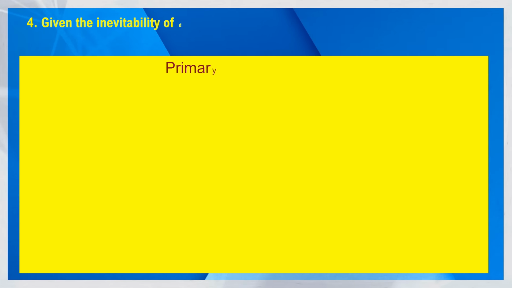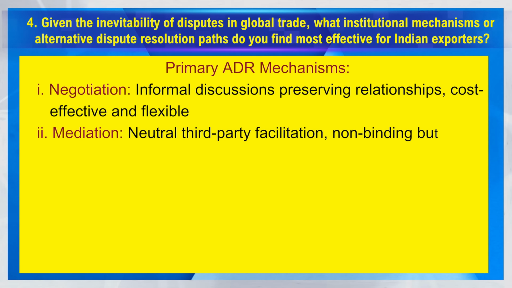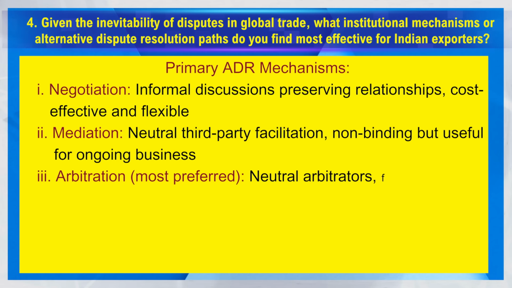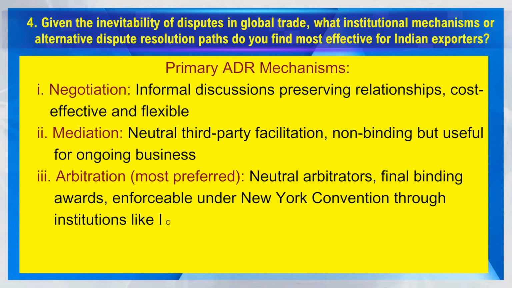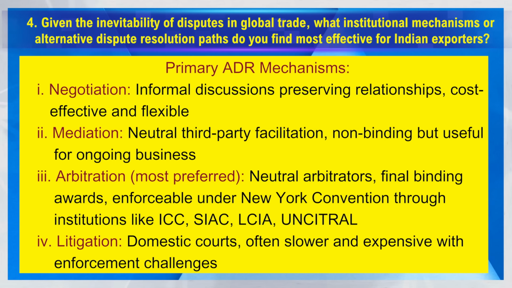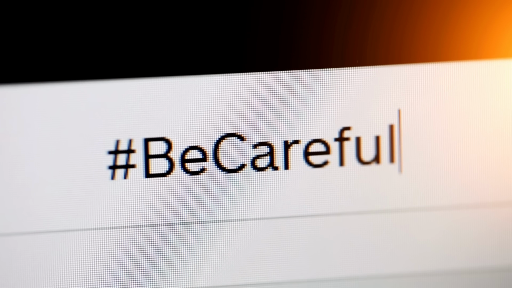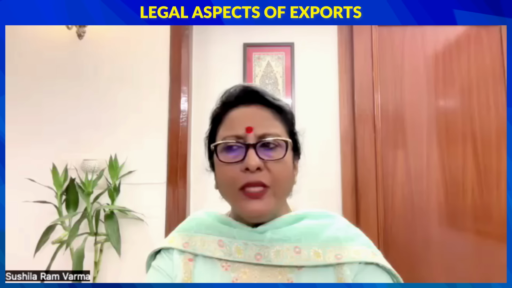That should be the second layer of the 3 tier mechanism. That is, first negotiation, then mediation, in which a person who's a neutral party and who favors neither the importer nor the exporter should sit and try to mediate the differences. Now, mediation is also non-binding. It's not as if a mediation has taken place and you're forced to accept it. And only after both fail, then go for arbitration or for litigation, depending on what you have agreed. So I would say be very careful before rushing into the final round, and do things very carefully.